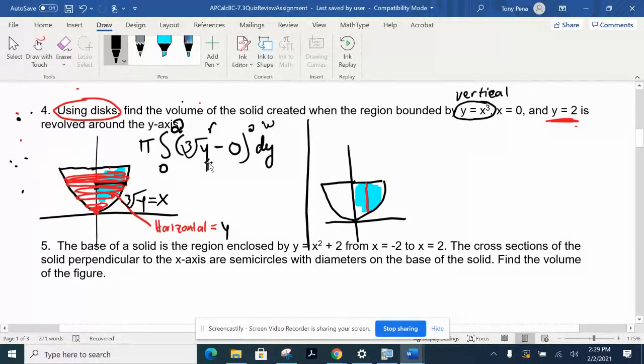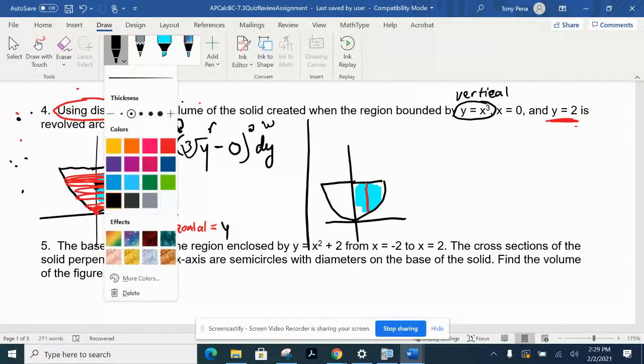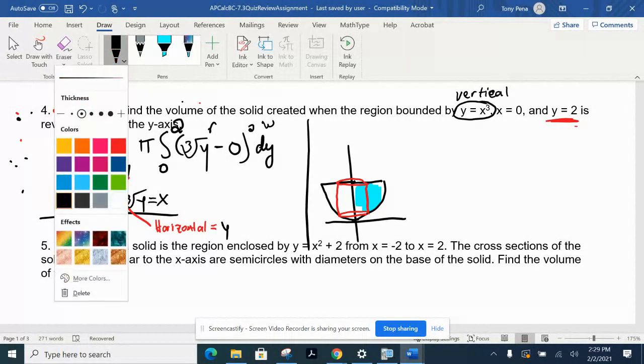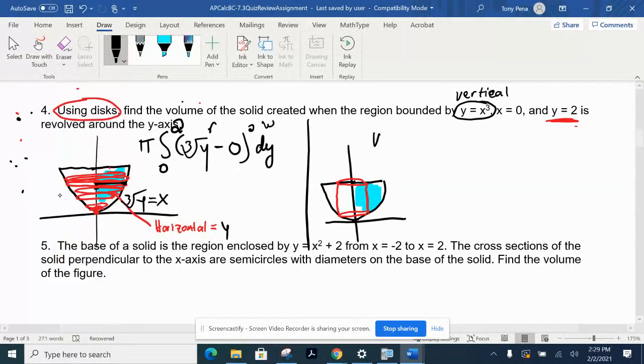So let's go ahead and do it this way now. We see that when we take this vertical rectangle and rotate it, it would have reappeared over here, going around the front, side, and back. That's then forming our cylinder. So when we now go to set up our cylinder, we're going to have our 2 pi, our radius, our height. So that's our radius, our height, and then our width. The reason anything vertical